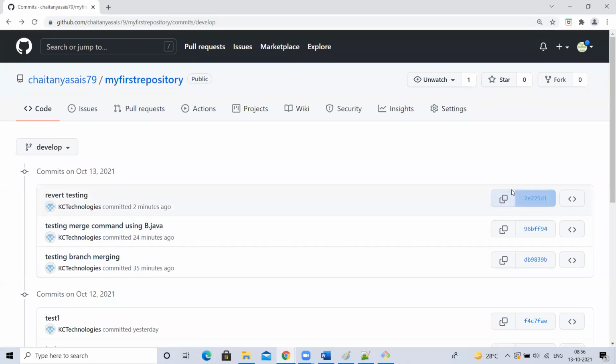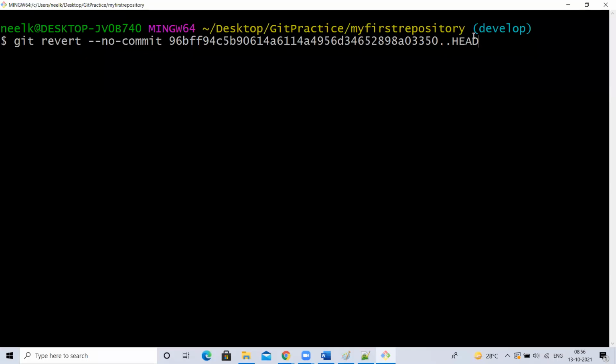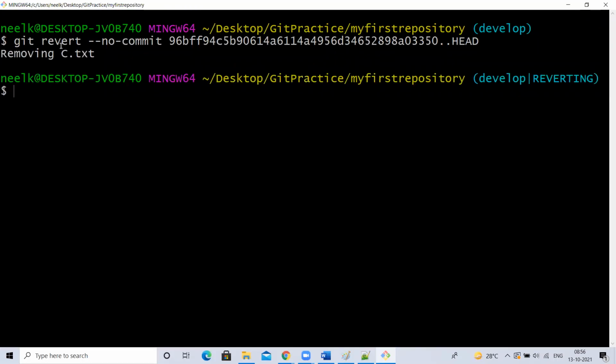Please remove the changes of this and make this as my head version. Means whatever changes I made in this commit ID has to be gone. When I committed this change, at that time, what are my changes? Those changes I have to get. I want to undo these changes and make my head version as this. Now it is saying removing c.txt. Means it removed. Before making the 8th commit, what were your changes? Those changes it will show.